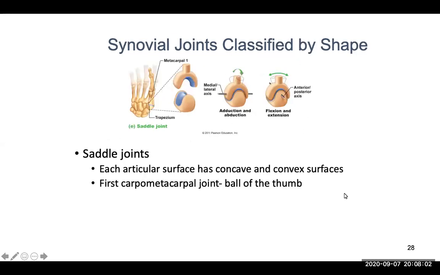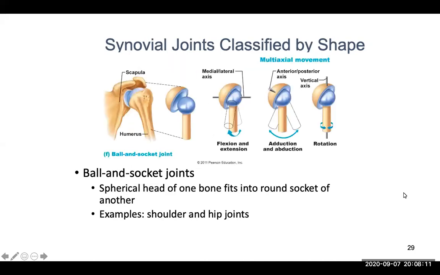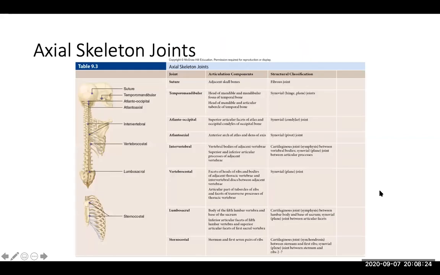Saddle joints. An example of this is the ball of the thumb, where the bones of the wrist fit together in a saddle-type structure. Ball and socket joints are easy to think about. Think of your shoulder and your hip joints. These are the most movable, where the spherical head of one bone fits into the socket of another. And with these charts, you can pause the PowerPoint or my lecture at any time and go through them, but this gives you a good summary of all the joints, the articulation components,